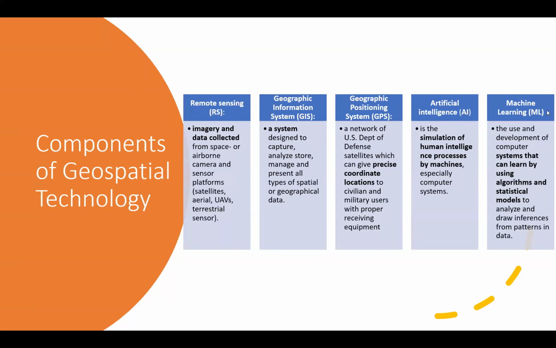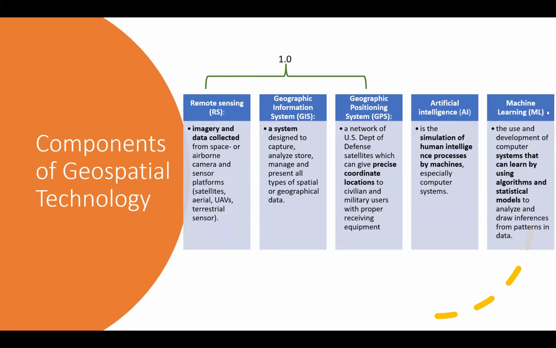Remote sensing is giving you a picture. In a geographic information system, you are adding an attribute to it. Using GPS, you are giving locational information. Like, if there is a water body, where is it located? What is the latitude and longitude of that place? So, this is geospatial technology. We usually call that geospatial 1.0.